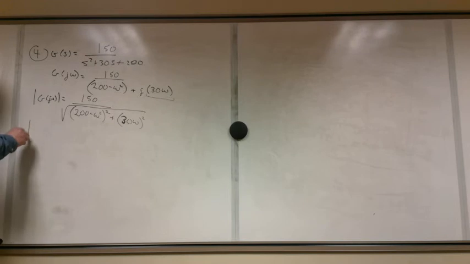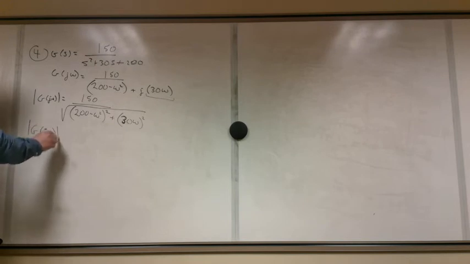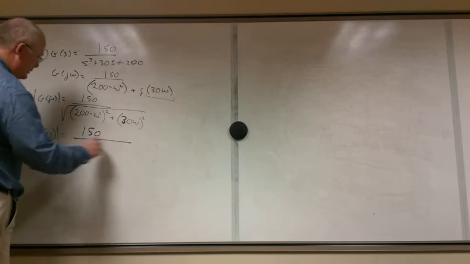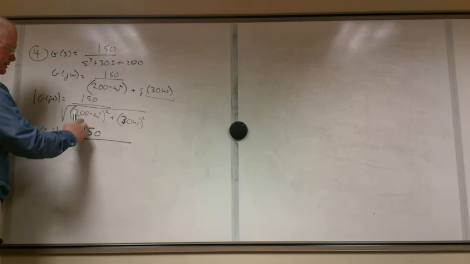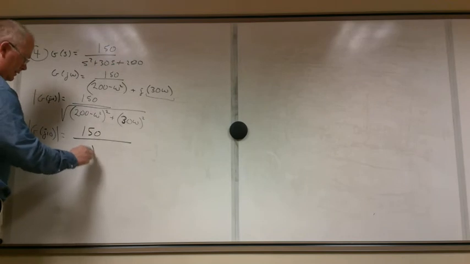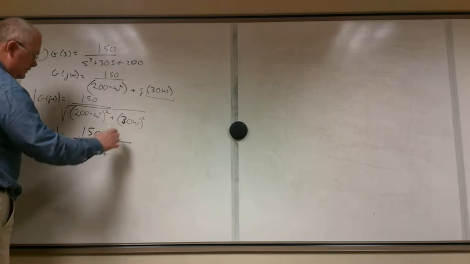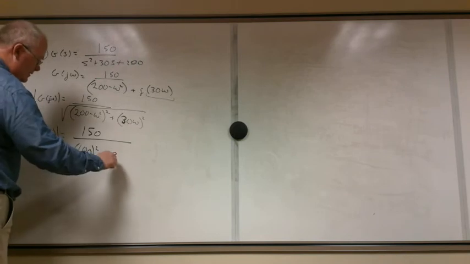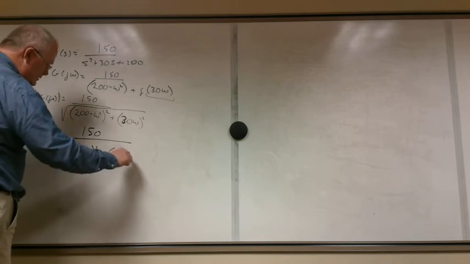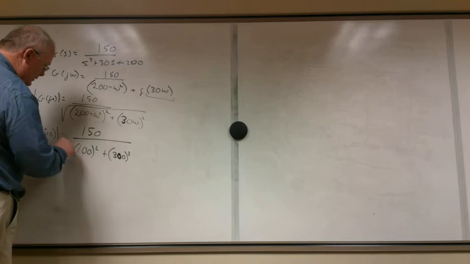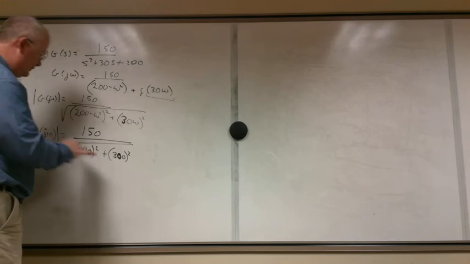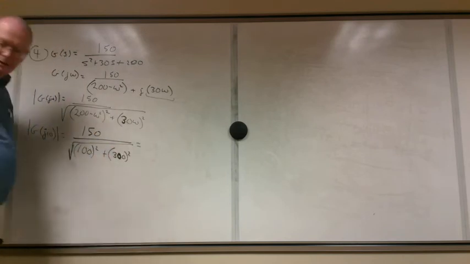While we're at it, the magnitude of G of j10 is going to be equal to what? 150 over the square root of 200 minus omega squared, which is 100, squared, plus 30 times omega, which is 300, squared, for j being 10. So that'll be 300 squared, and the square root of all that. All right? And so if we evaluate this, then we're going to get as an answer